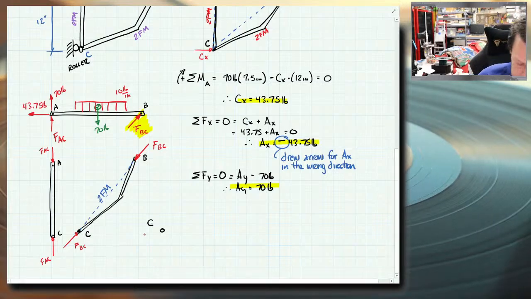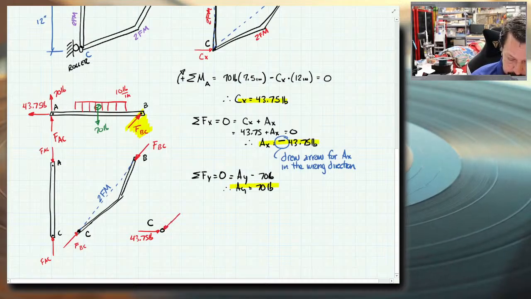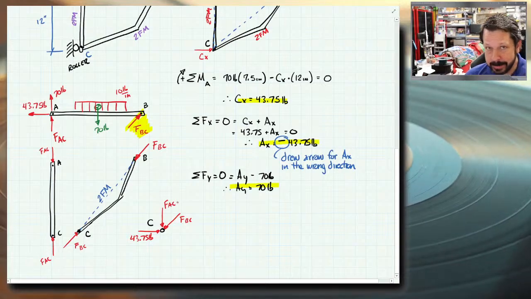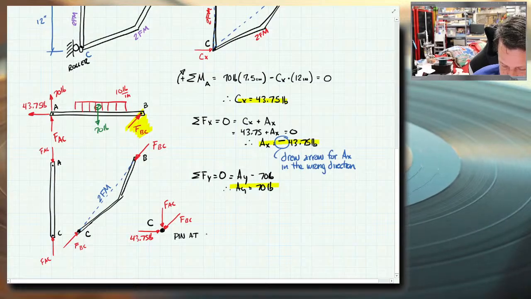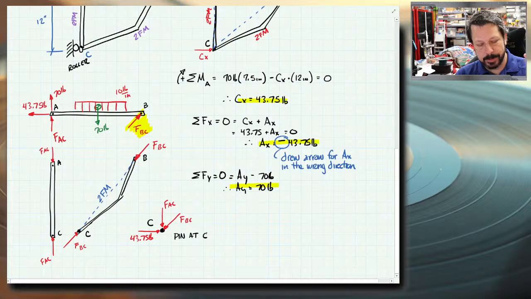So you can put CX on it. So what was CX? 43.75 pounds. I put the FBC reaction, so it's got to go this way, and AC would go down. So that way I'm still accounting for CX. It's not just thrown away, and I didn't have to put it on either member AC or BC because I wanted to maintain those as two force members. So I put them on the pin at C, the actual element that's holding member AC and BC to the roller, whatever that is. So at that point, we have drawn every possible free body diagram